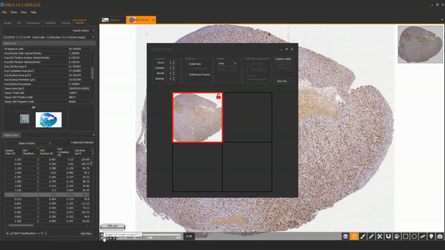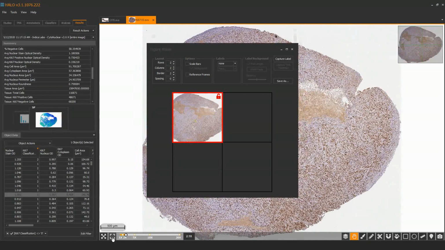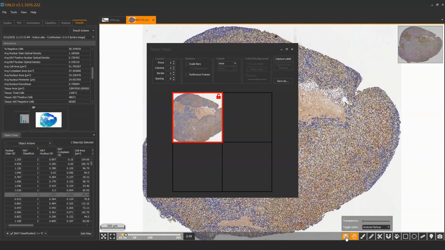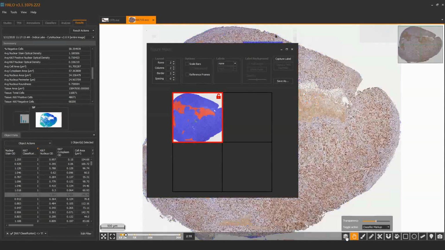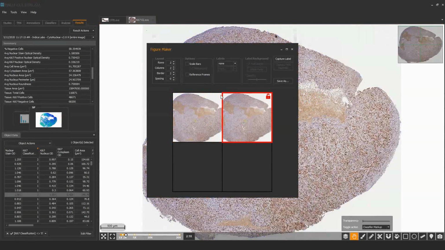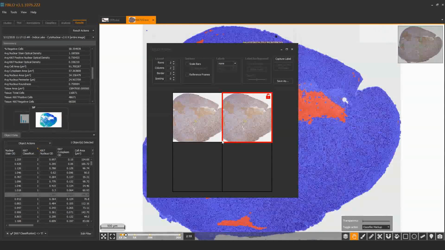So I could select to fit within the figure, and if I make changes here, like apply the markup image, you see how it saves the figure? Or the classifier markup saves the figure? So I could turn off the markup, click the next pane, which automatically locks this one, and then this one becomes open. Now I could add a classifier markup, turn that on, lock this one manually if I wish, so it turns